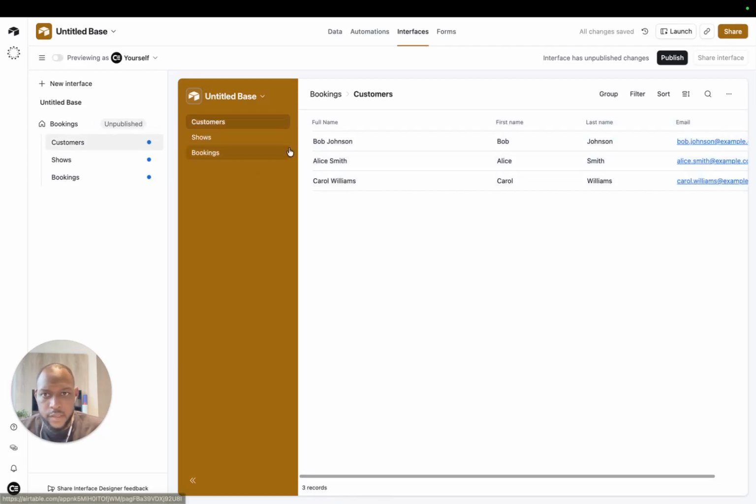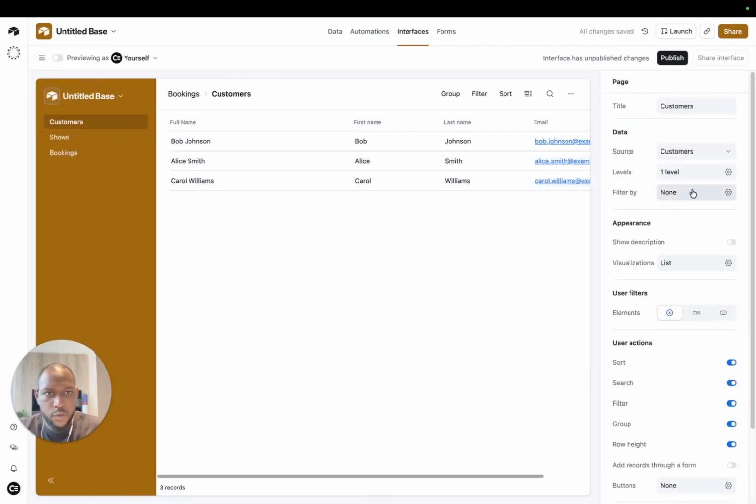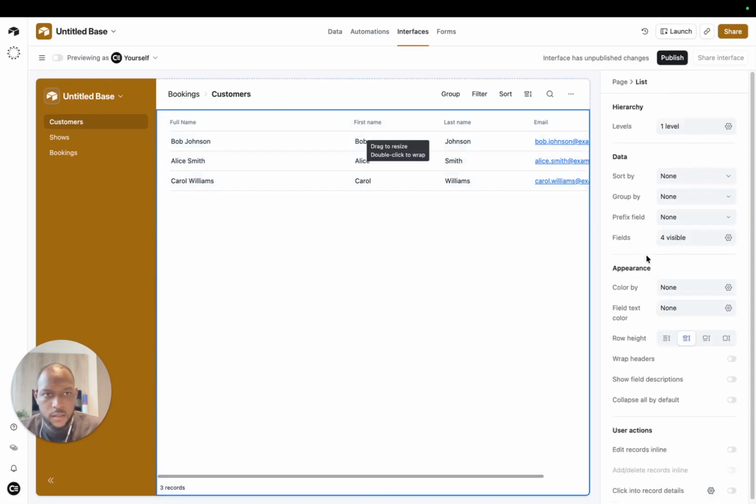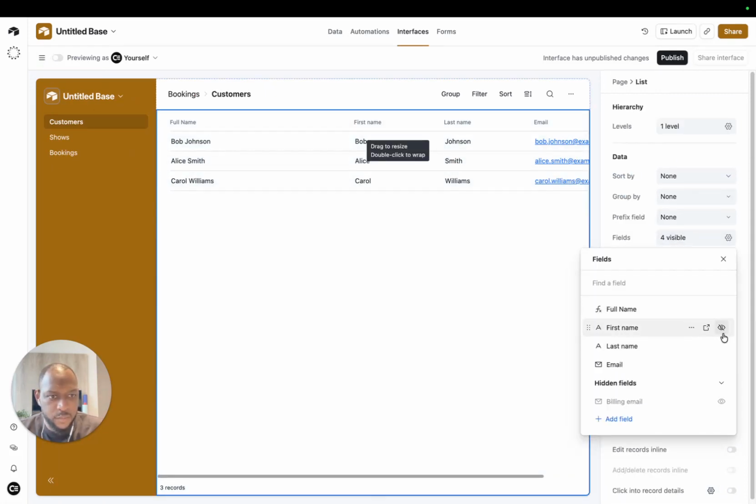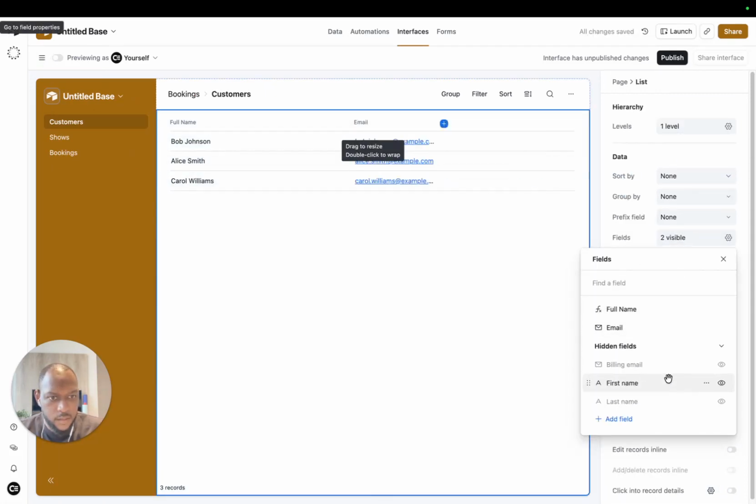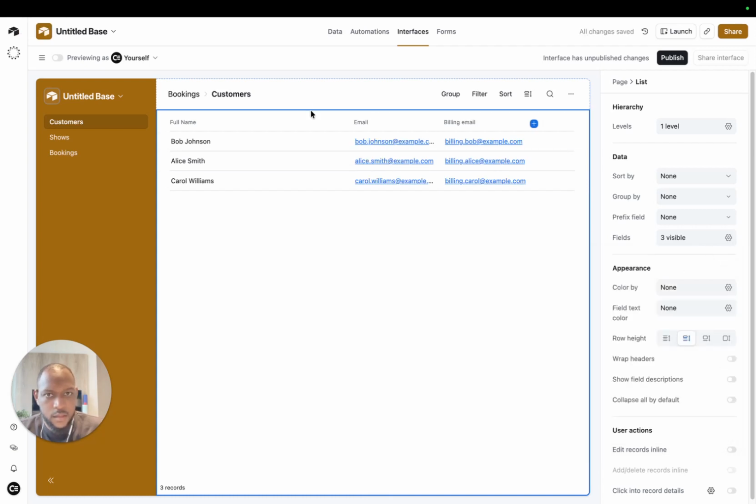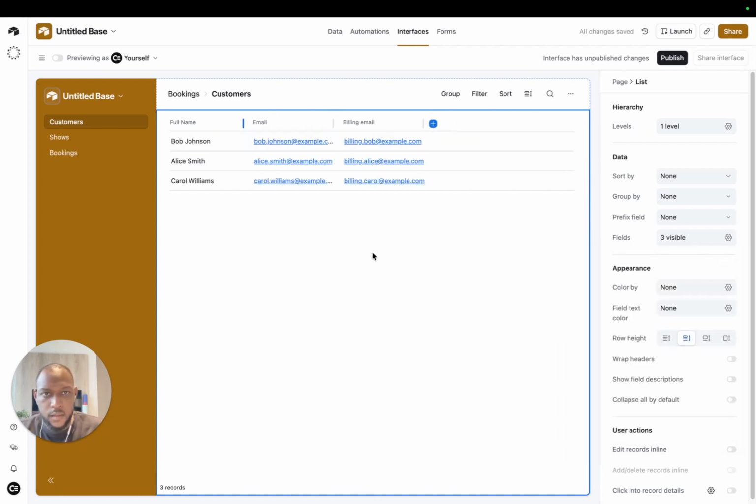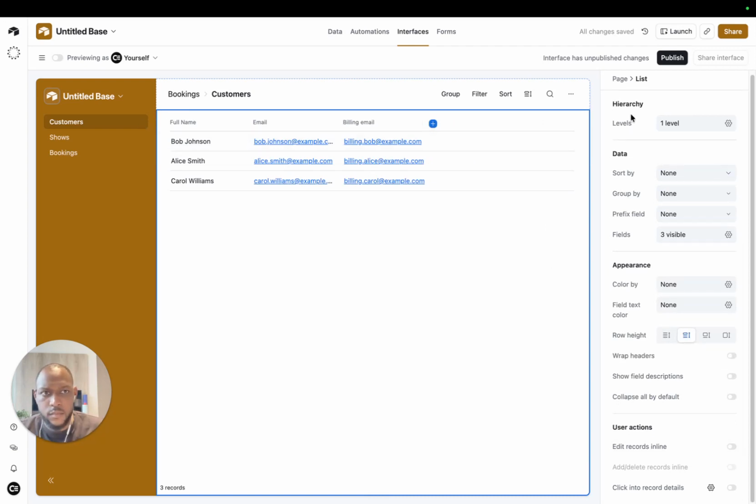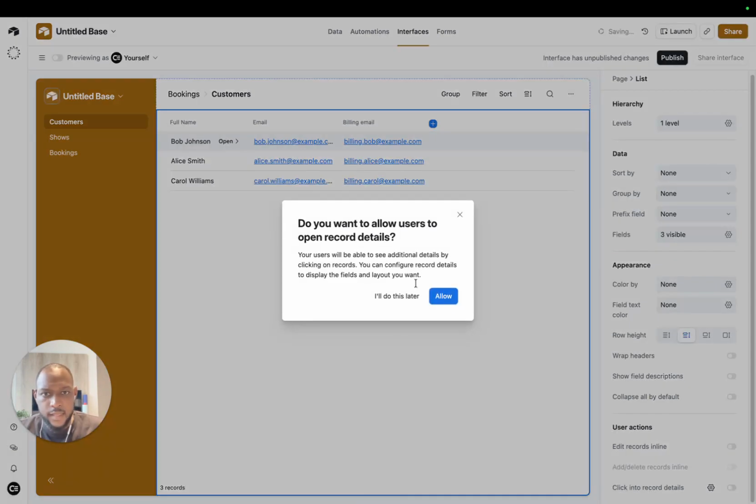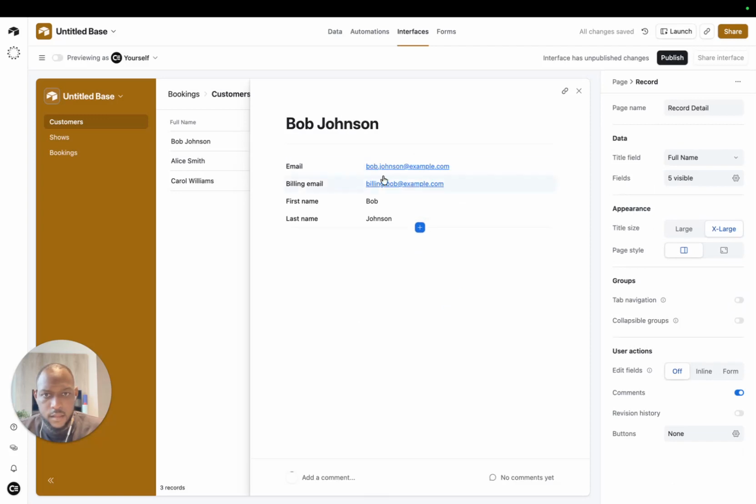Cool. Let's start with customers. What do we actually want to see? I'm going to remove the first name and the last name. Literally just a simple list, just like that. And then for the record detail,